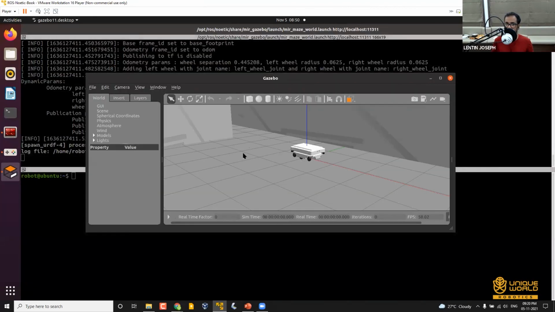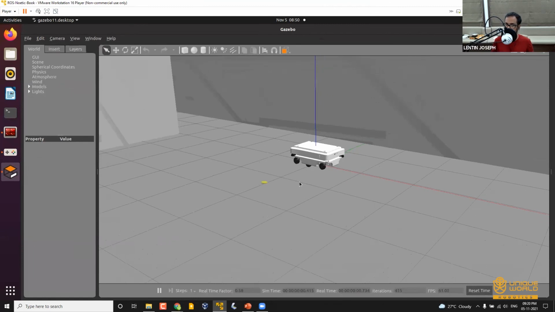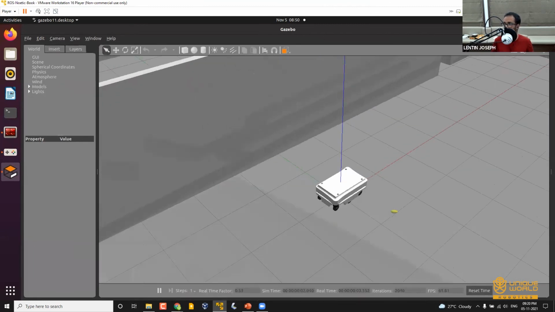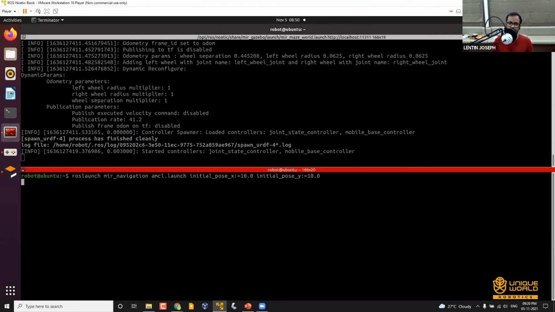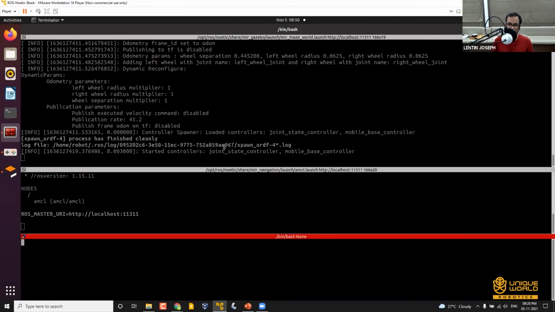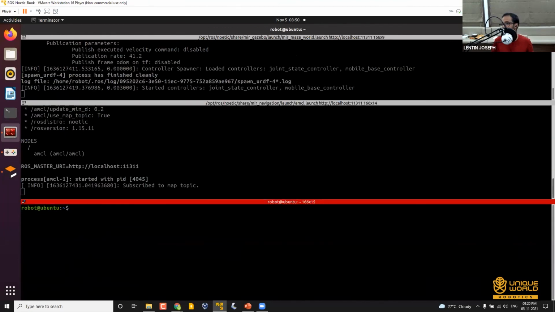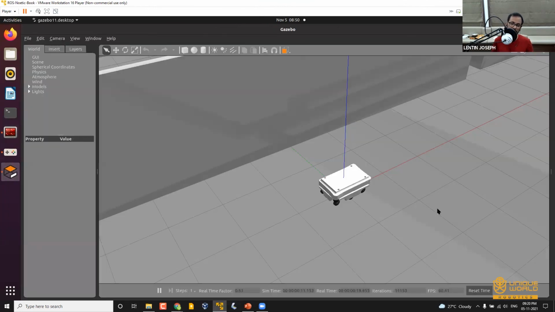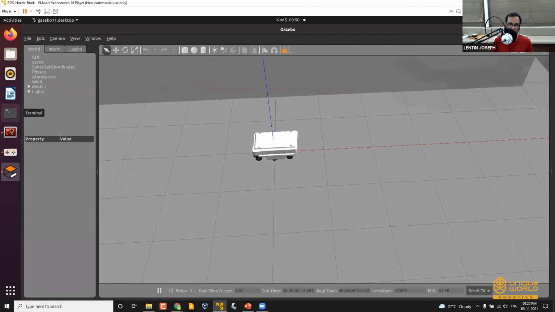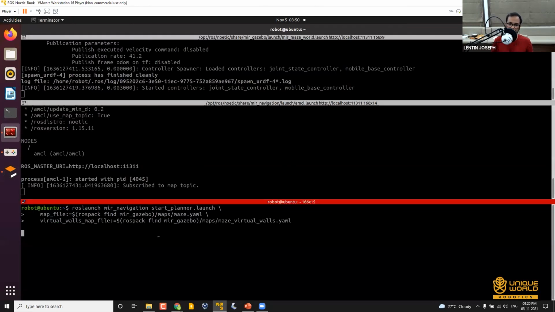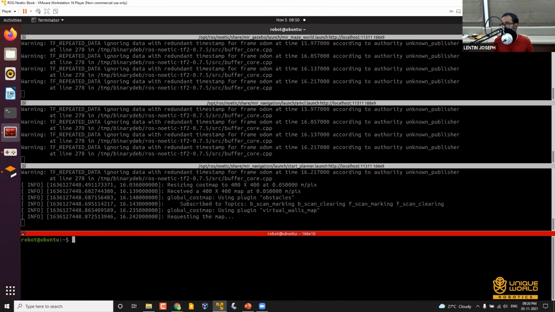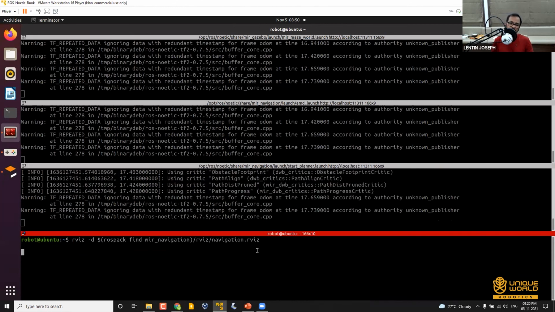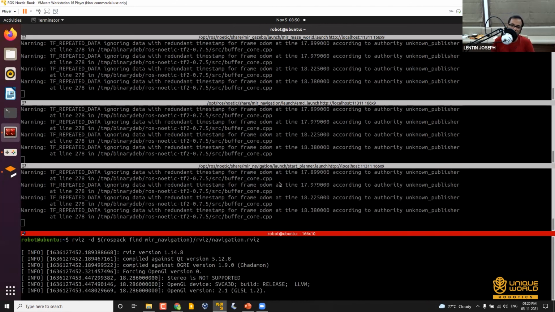This is an existing simulation of a robot called MiR, and you're going to see the navigation. That is the next topic planned for the next session tomorrow. This is the robot, and we are starting the ROS programs to start the autonomous navigation. I'm starting RViz to visualize everything.